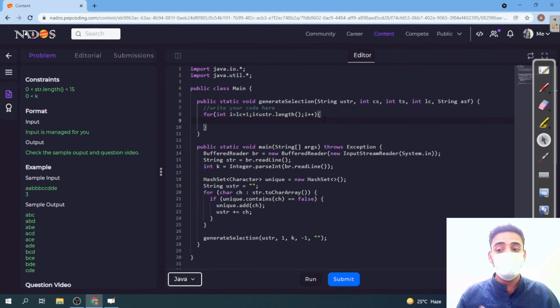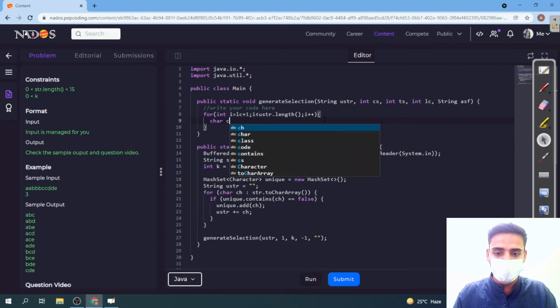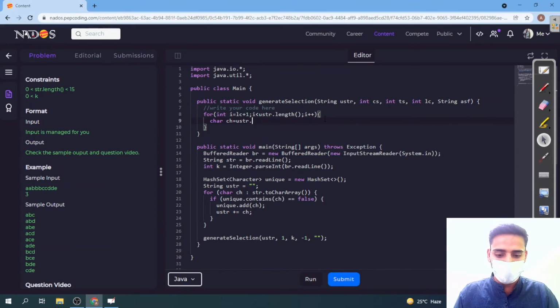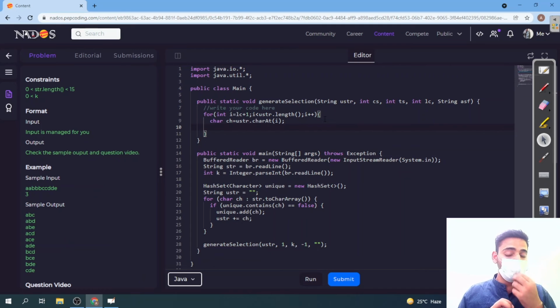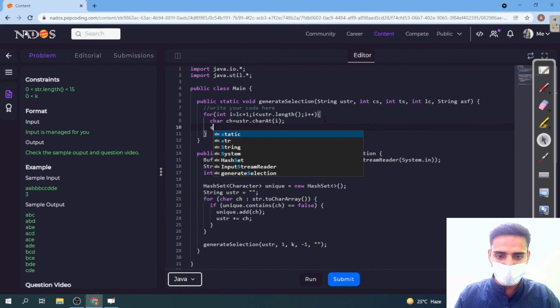Now what we need is the character, right? The character from the unique string. So for that, character ch is equal to ustr dot charAt(i), right? This will give us the character, and now we have to move forward. We have to make another recursive call, right? So let's see how we are going to do that. So we will make a